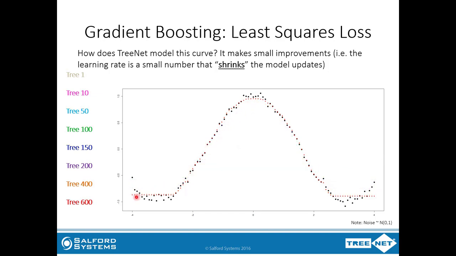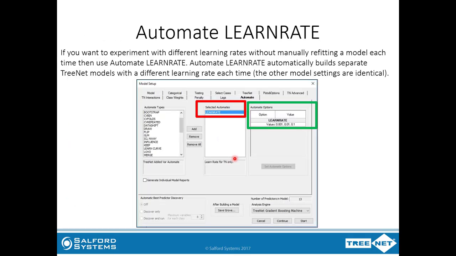So here's the final tree here at 600. As you can see, we made these little teeny tiny improvements, but the final model is actually really very good, considering that we started with just the overall average. Okay, so if you want to experiment with different learning rates without having to manually refit a model each time,